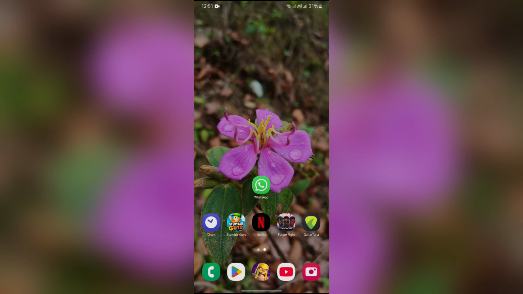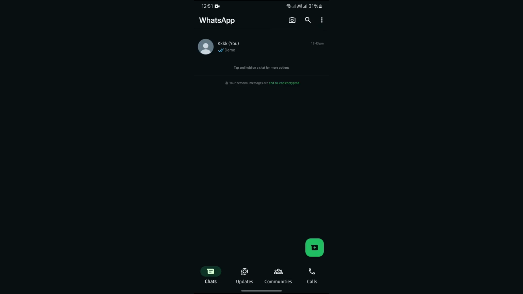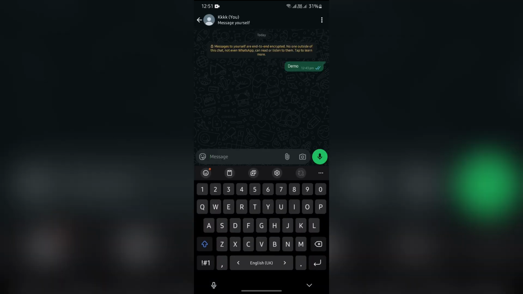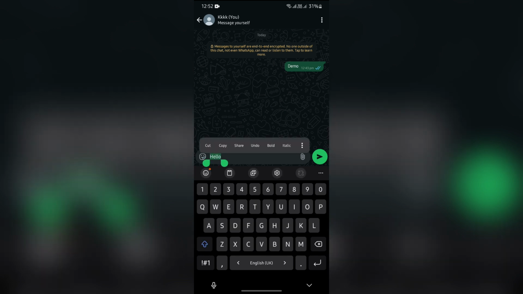Now in order to do that, you just simply have to open your WhatsApp application. And after opening WhatsApp, just simply go over any of the chats where you would like to stylize the text. And after opening the chat, just simply type anything you want to send to this chat. For example, I'm writing hello, and after that select your text, and then you can check this option of undo,